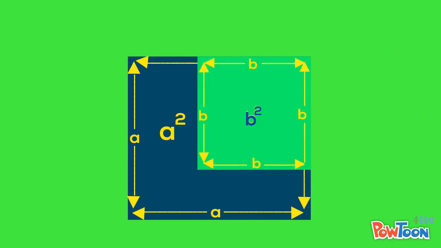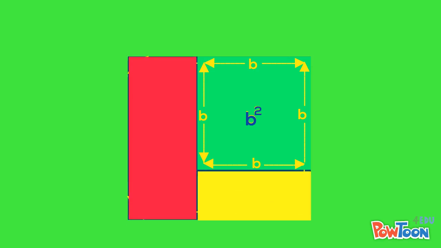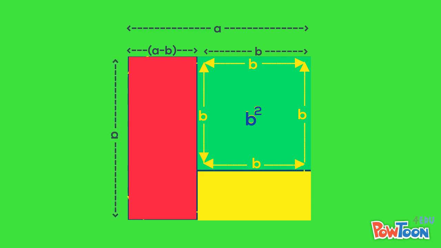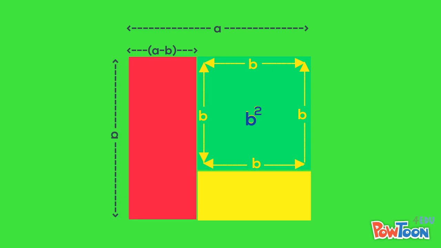The difference of the two squares are the areas marked in red and yellow. The width of the red rectangle is the length A, take away the length B, leaving us with A minus B. The height is A. The difference of the two squares is marked